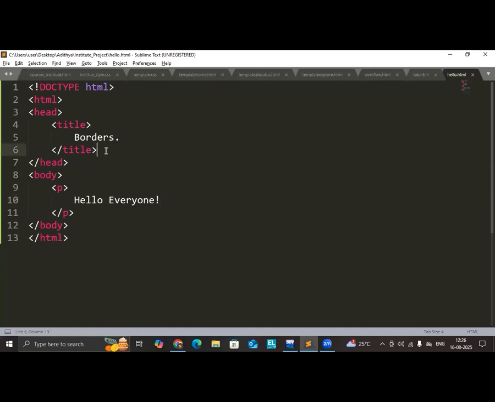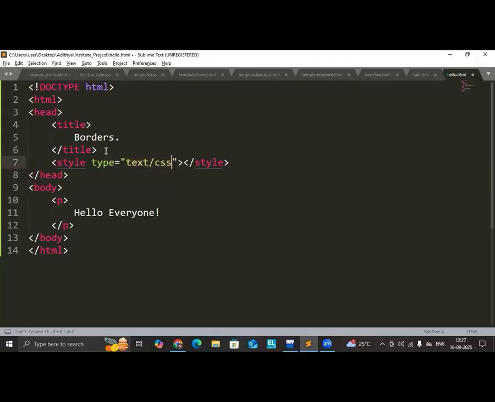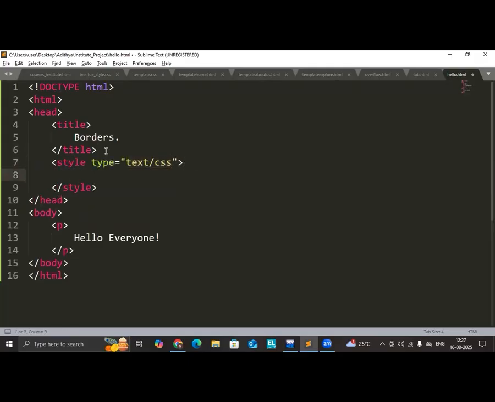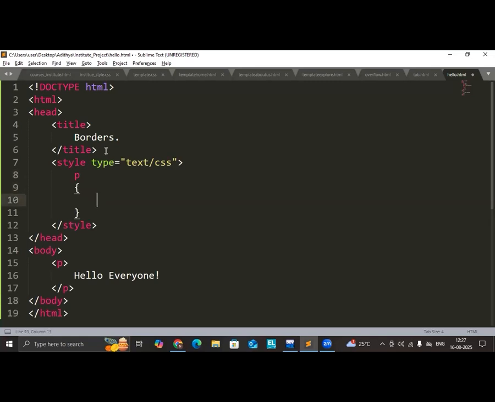So let us go with the inline CSS. So how to take the inline CSS? In previous class we have discussed. We just need to open the style sheet, and here we need to take our selector, right? Here I'm not having multiple tags, so directly I'm giving my tag name. If you are having multiple tags, we need to go with the selectors. You can use the ID selector or the class selector also. So I'm giving the tag name, and here